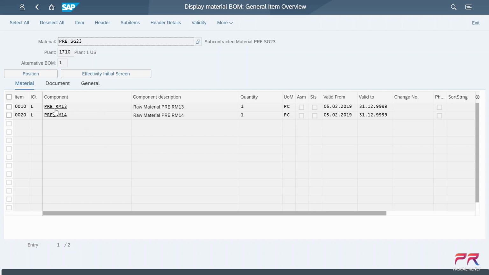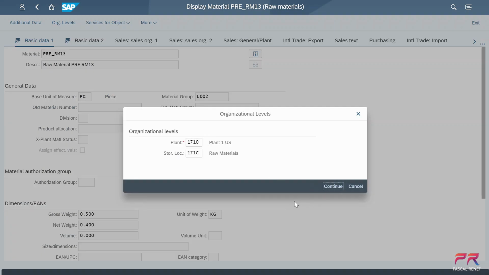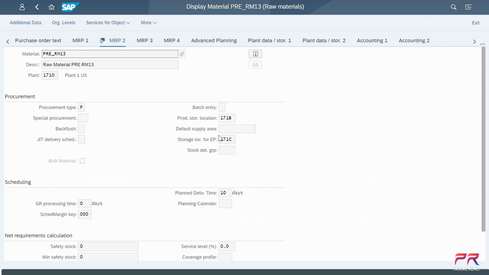If I look at either of these 2 materials here, how they're defined in the material master, in the MRP2 view, now I can see that I have indicated there 2 storage locations. So the first one is 171C, which is the storage location for external procurement. So whenever a requisition is going to be created, this is the storage location that will be defaulted as the storage location. Similarly, I also have defined a production storage location of 171B, which strictly speaking is the production storage